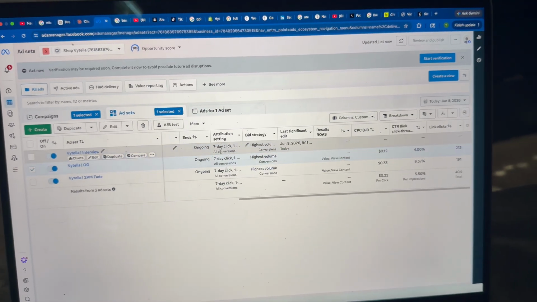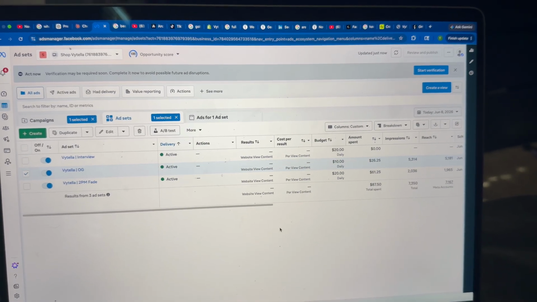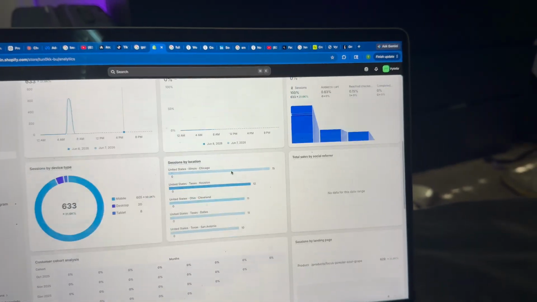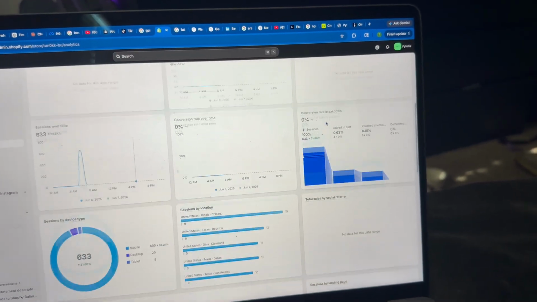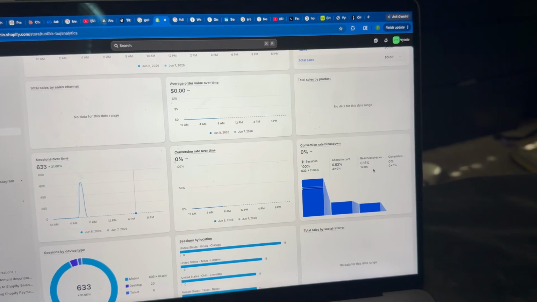So that's a little update on these ads. They're doing absolutely great. So I'll give you a little update once we get data going on this one, because we put the interview ad in its own thing because it was performing really good too. So I think we're definitely going to see a purchase here soon. Because it goes to show, even with optimizing for just website views, we still have someone reach checkout. So if we keep seeing reach checkout but no purchases, there's something wrong once they reach that point. But then we'll evaluate that